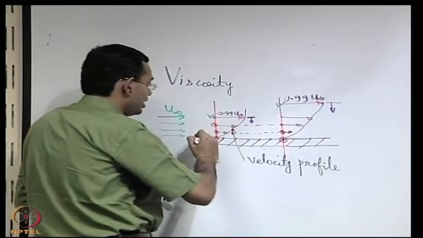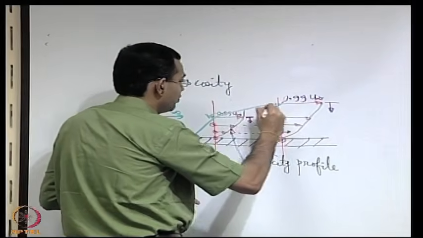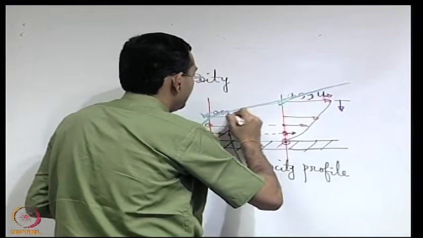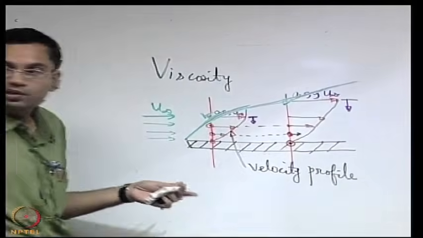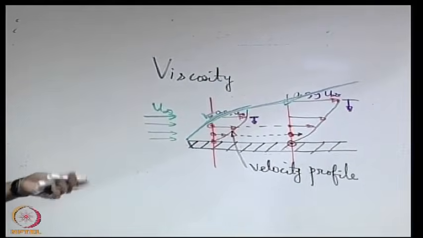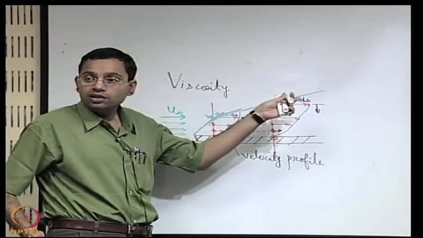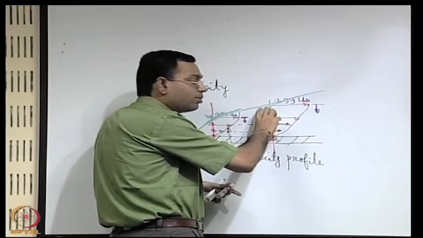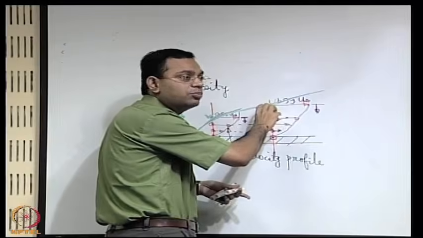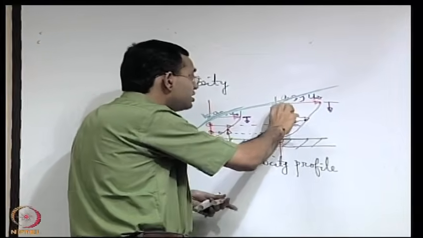If you join these with an imaginary line, it is not that there is such a line in the fluid, but it is just a conceptual demarcating boundary between a region close to the wall where viscous effects are very important, and this region is thinner as this